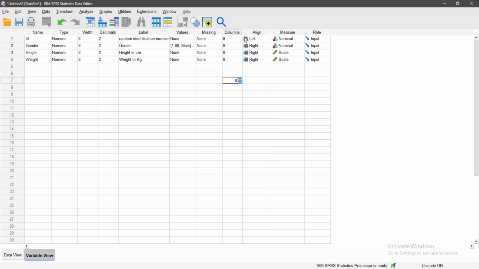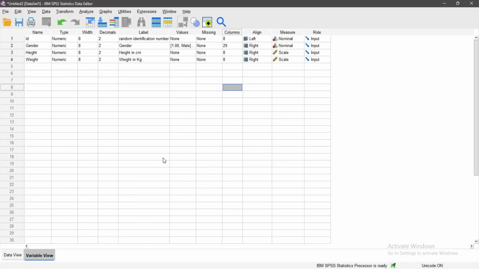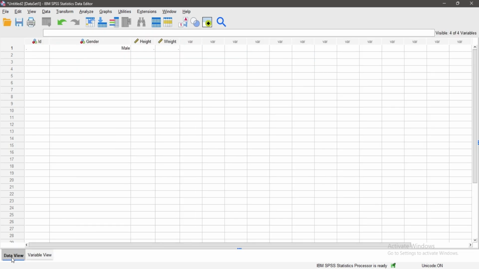We'll go to the column here on the gender row, right? Let me increase this to around 29. Then I just want us to check that gender. When you increase the column, you see how widened the row has become. So this is exactly how you adjust. You can also decide to align this value. For example, here gender is aligned